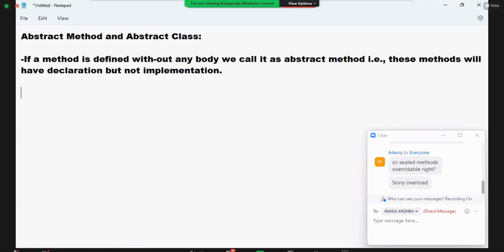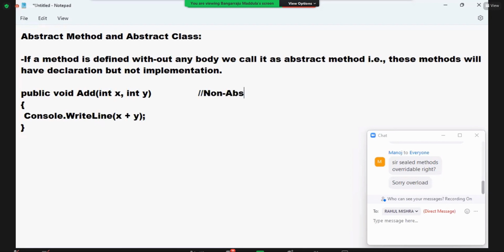For example: public void Add(int x, int y) { Console.WriteLine(x + y); } Now tell me, does this method have a body or not? Yes. So this is a non-abstract method. Then what is an abstract method, sir? This is an abstract method: public void Sub(int x, int y);